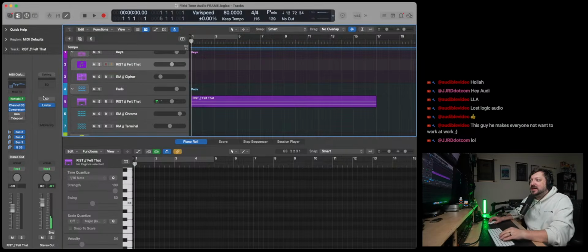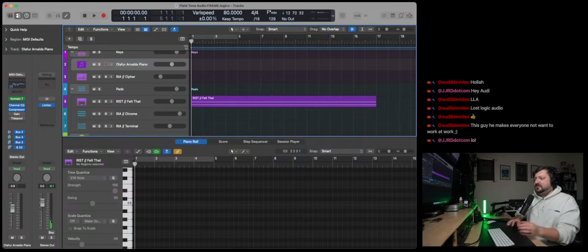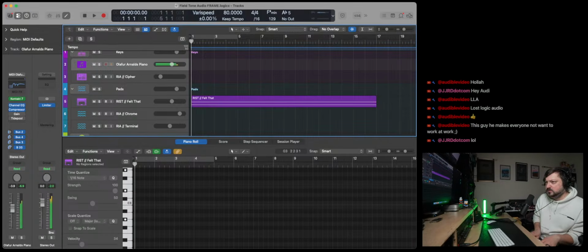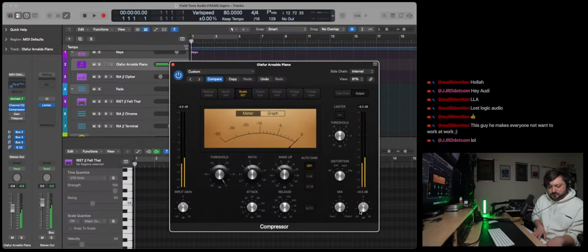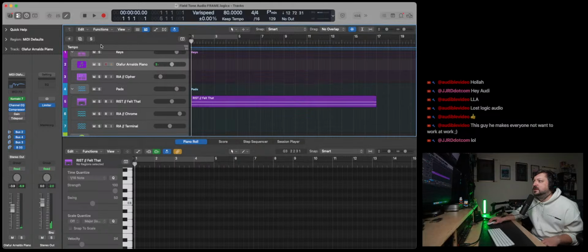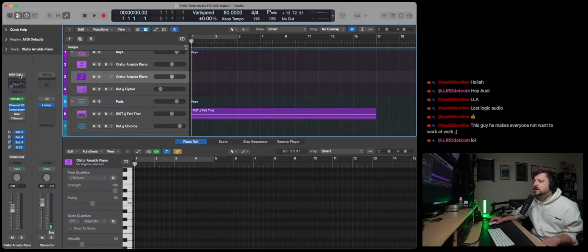So actually, I layer two things when I play piano. I have the Olafur Arnalds piano. That compressor's a little hot, it sounds like. And then I will duplicate that. And then I load up a